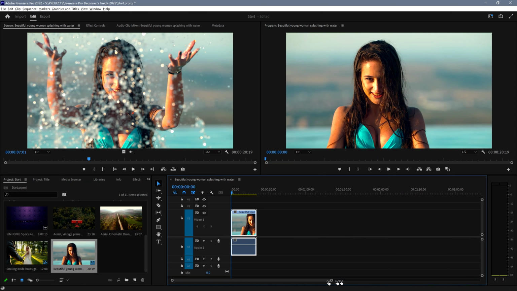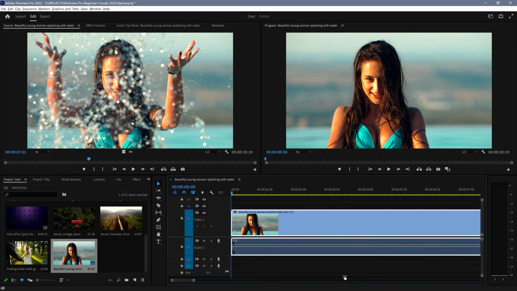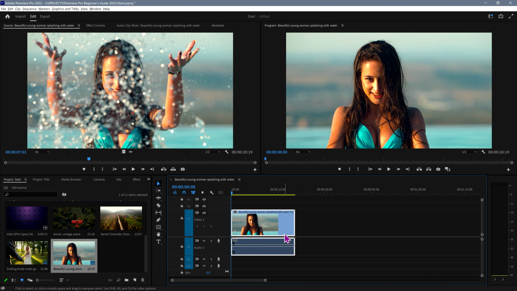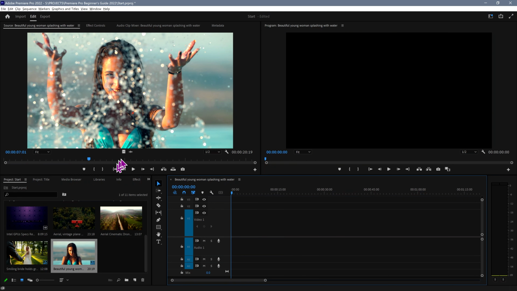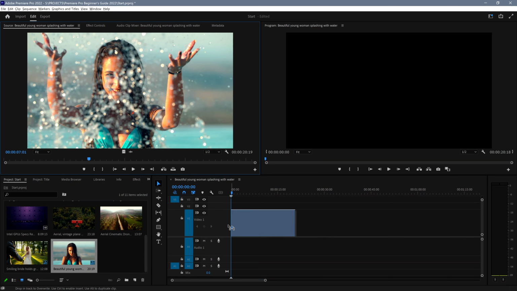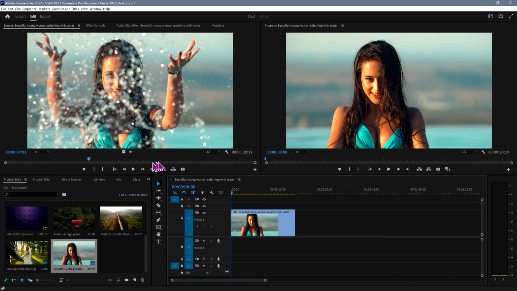You can also use this little icon here at the bottom to scroll in and out. So plenty of ways of zooming in and out. However, what I want to do is to delete this guy here and to show you another way of adding video to the timeline. You can just drag the video out like that, and you can also drag the audio out like that,